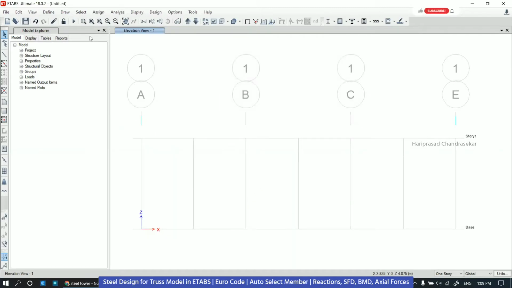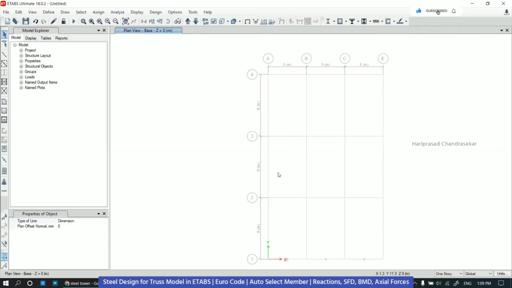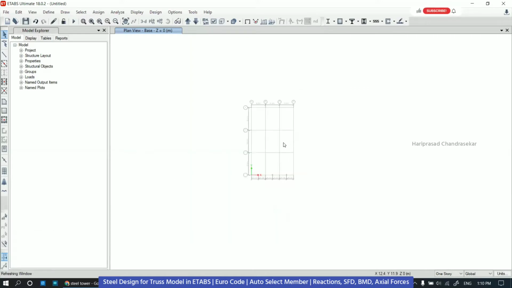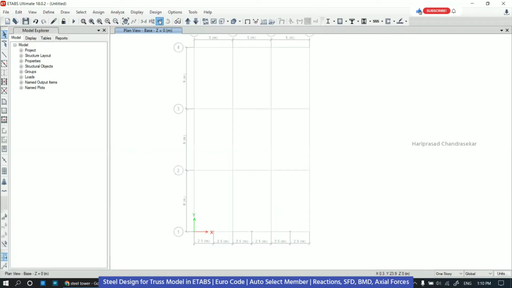Okay, now we got it. If you want to see the dimension, we can just go here, draw dimension line, but it is going to elevation. Reference point here. This is what we want. Okay, so correct. So going back to elevation.